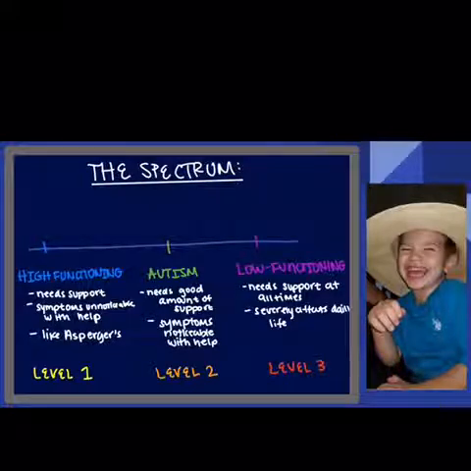Lastly, level 3, which is also known as low functioning, and a person with level 3 will require a lot of support and someone to always be there around the clock. With level 3, people will have severe impairments in functioning. They are very limited in social interactions, and they will have extreme difficulty dealing with change. They will also deal with a great amount of stress when they're trying to change their focus from one thing to another.